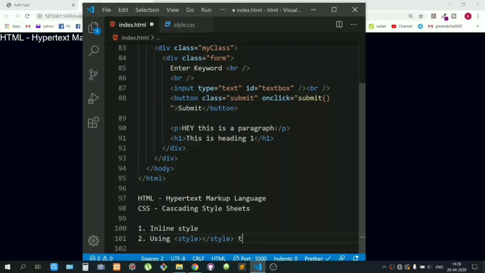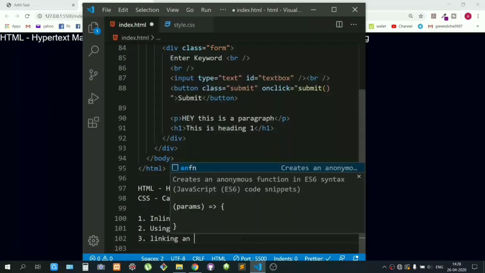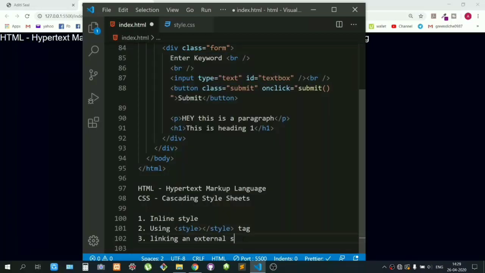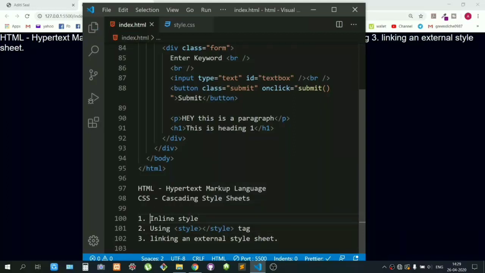And the third one is by linking an external style sheet. I'll tell you each one of them and how it is done, but this is not the video for teaching you CSS and how it is linked. For that, watch my later videos where I'll teach you CSS.